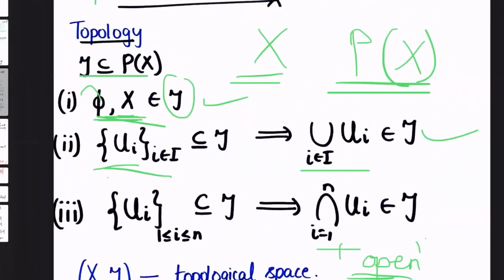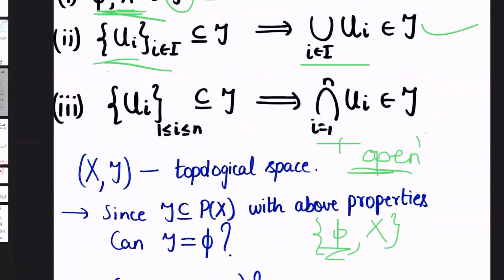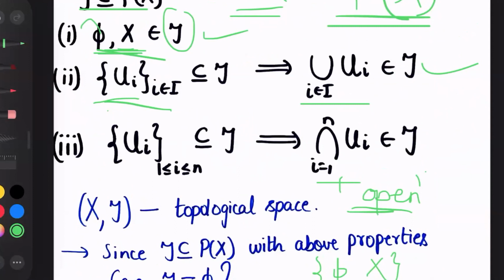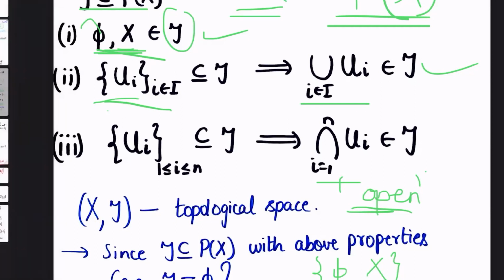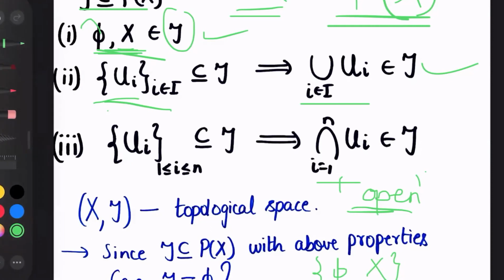Now, very often it is difficult to describe all the possible open sets that are there in a space, because this collection can have a lot of sets. For example, when you see the power set of X itself, if X is an infinite set, then the power set has a lot of sets. So some special collection that I take might also have a lot of sets, and sometimes it might not be possible to define all these subsets which I want to call open. So we need some nice simpler condition to define these open sets,